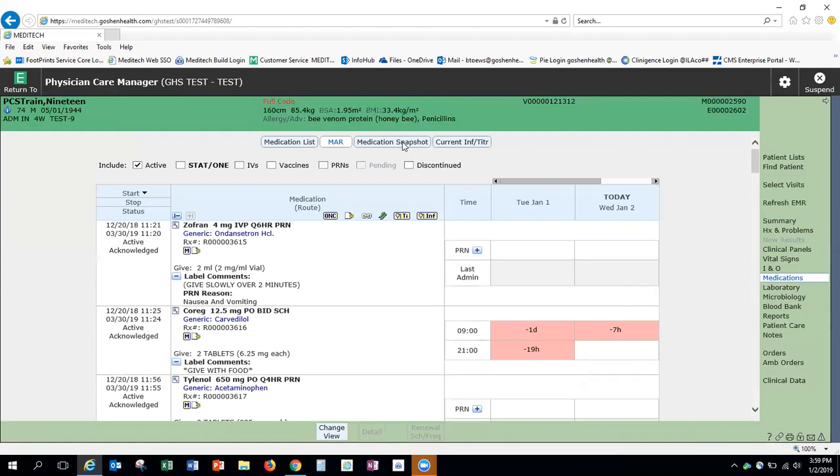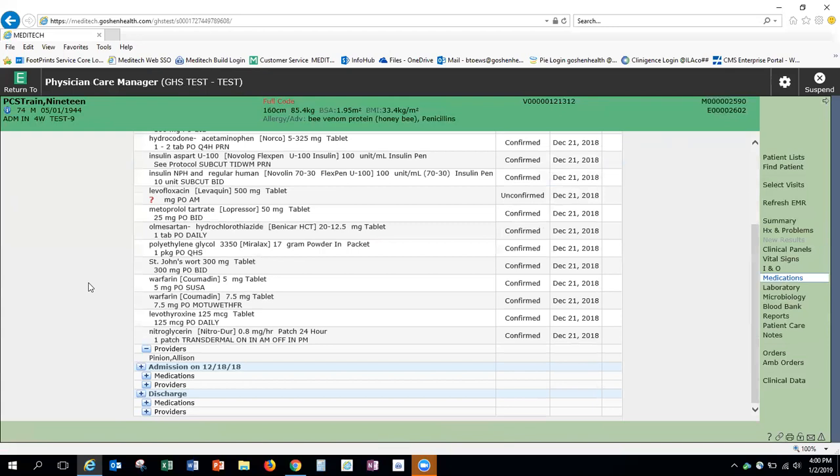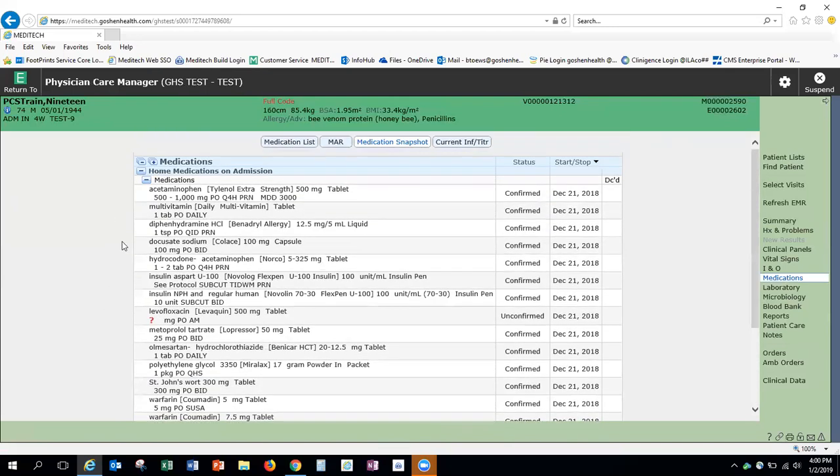The medication snapshot will show a list of all medications, different types, the home medications, the admissions on this visit, and discharge. And they will also show the providers that are associated to those medications. To open that screen to see more detail, you would click on the plus sign and then again on the